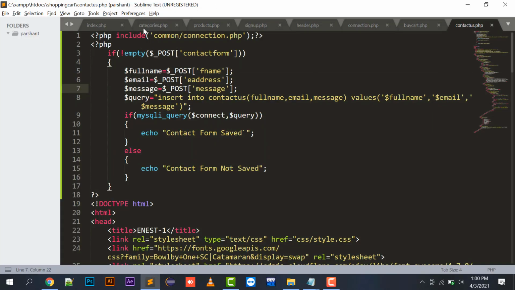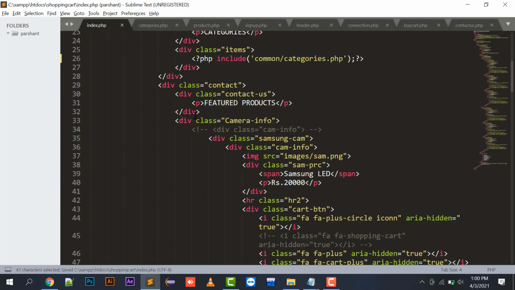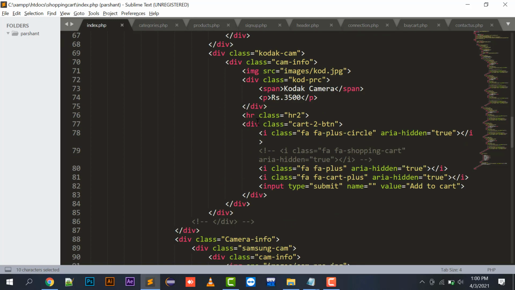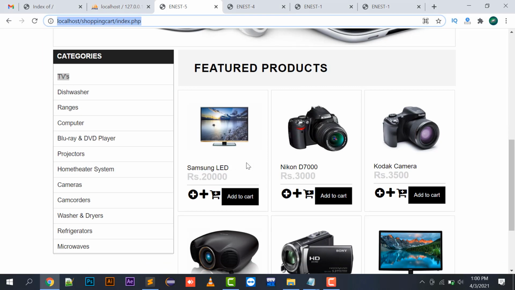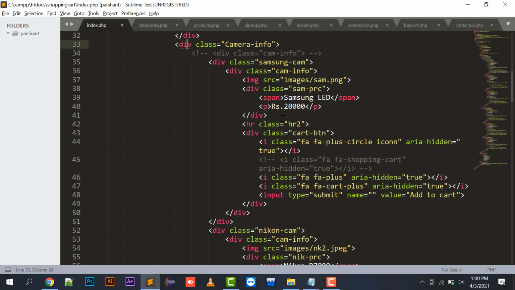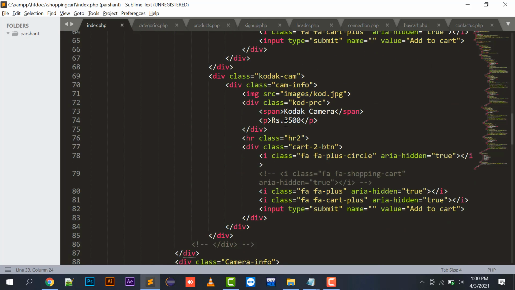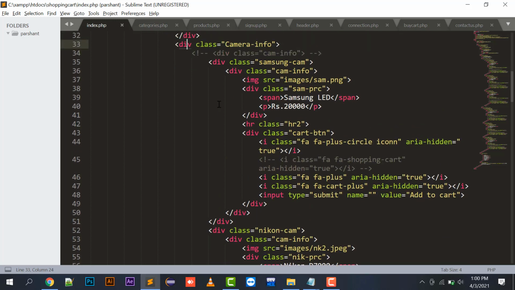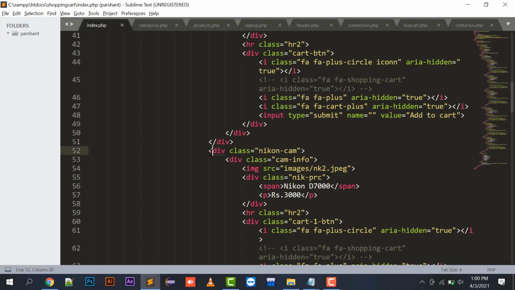So index.php is the file in which I am going to work. The connection is already opened in the upper part. So this is a product that is being displayed over here. What I am going to do is pick up the div. This is my structure: the camera info is the main div, and the Samsung camera is inside it.